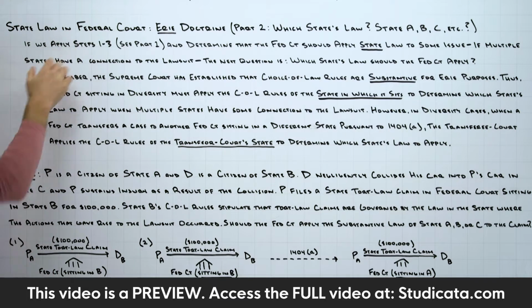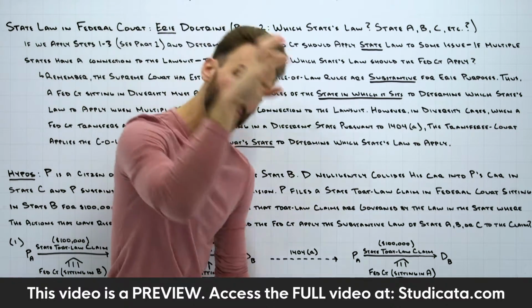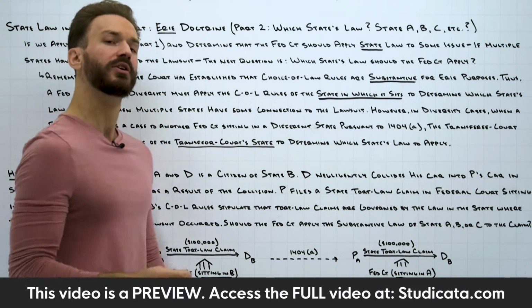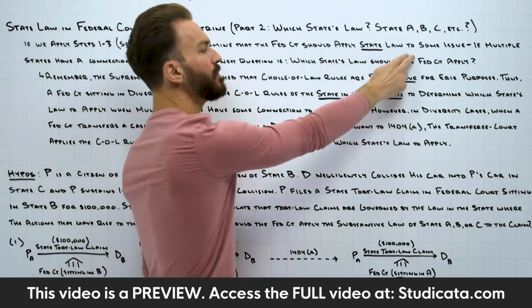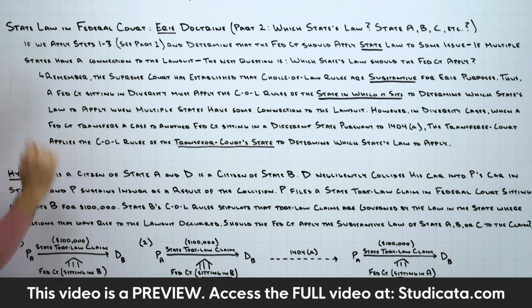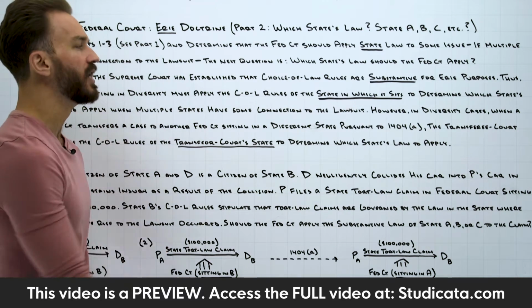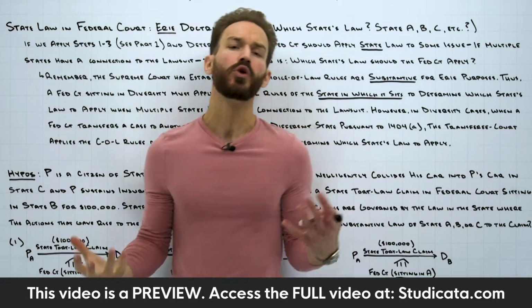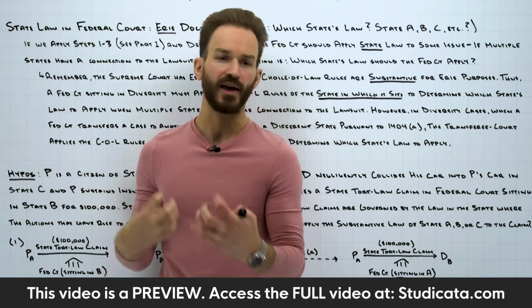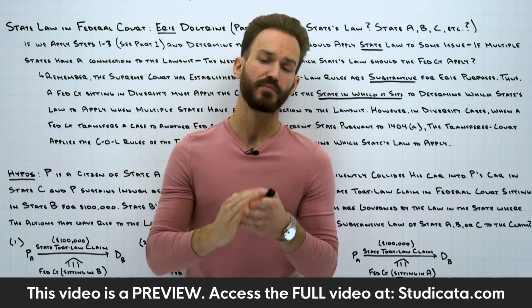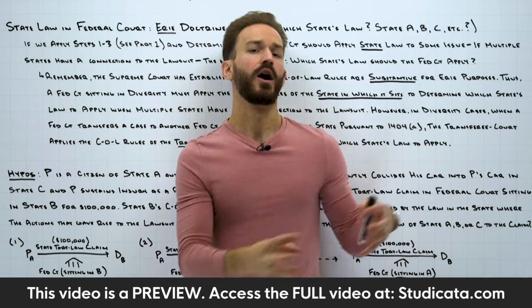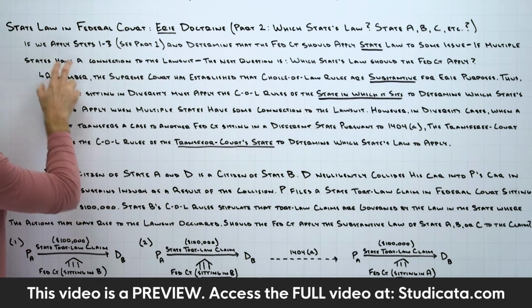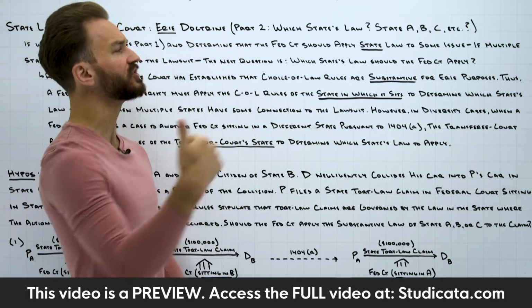So if we apply steps 1, 2, and 3 from part 1, our prior lesson on Erie Doctrine, and determine that the federal court should apply state law to some issue, assuming multiple states have a connection to the lawsuit, the next question is going to be, which state's law should the federal court apply? Okay, so if our federal court is adjudicating a state law claim and determines we've got some substantive issues here we have to apply state law to, remember that's part 1, our prior lesson on Erie Doctrine, well, the question's going to be for the federal court, if multiple states have a connection to the lawsuit, which state's law should